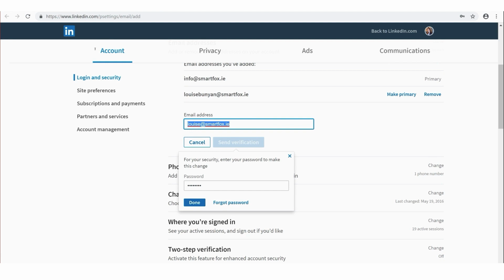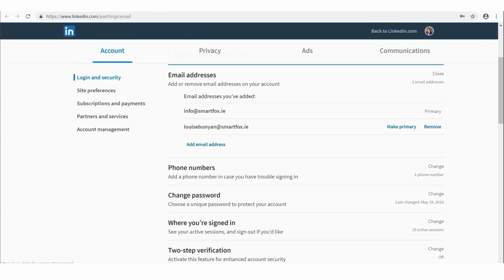So what you need to do now, if you have changed your email address, is go to that inbox, look for the verification, and click on the confirm link. Now sometimes you have to give it a few minutes, the new email address doesn't appear here immediately. Sometimes it takes a little bit of time to come through.